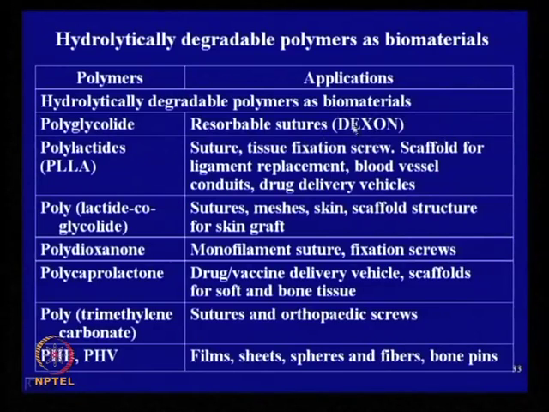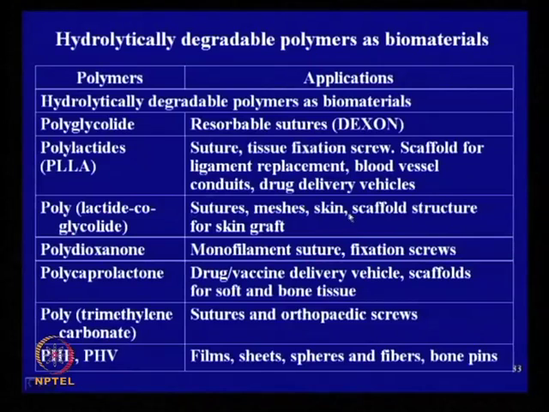Dexon is the trade name of this suture. Fully absorbable suture, it need not be removed after healing of the wound. Polylactides: suture, tissue fixation screw, scaffold for ligament replacement, blood vessel conduits, drug delivery vehicles. The lactide and glycolide copolymer: sutures, meshes for hernia repairing,